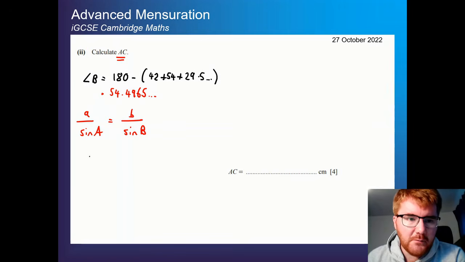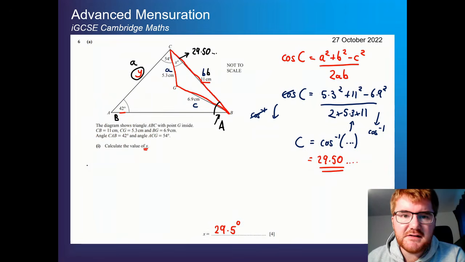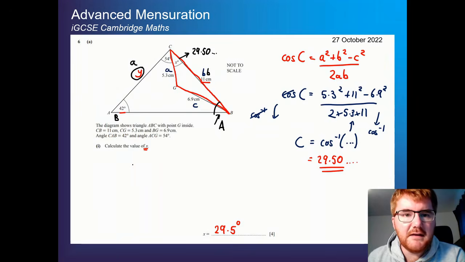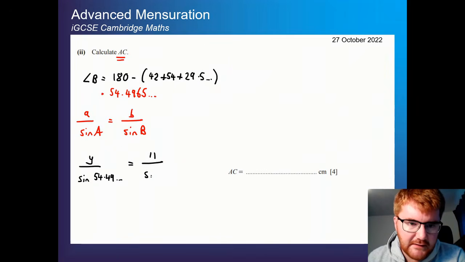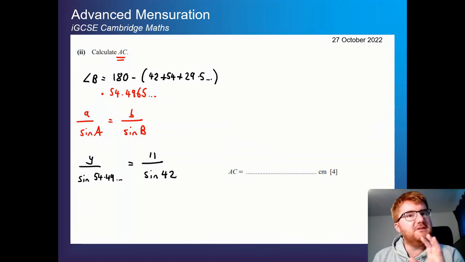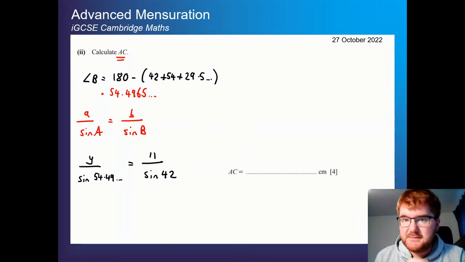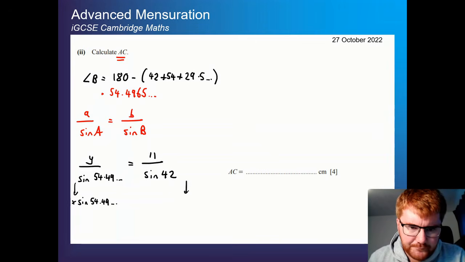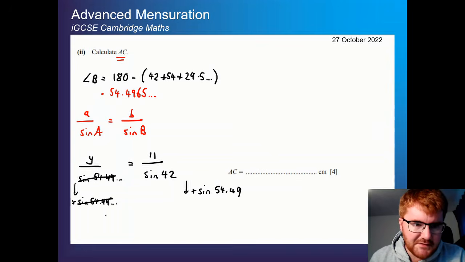So if we pop this in, we've got y at the top here, we have sine of the angle we just worked out, so sine 54.49 dot dot dot, and that's equal to b, which is 11 over sine 42. Now notice I'm not rushing to my calculator at this point. It's a common theme in this particular video. First of all, I want to get the y on its own here. It's the opposite of dividing by sine 54 point something is timesing by sine 54.49 dot dot dot on both sides. This cancels, leaving us with what we're going to look for, y, and then we get 11